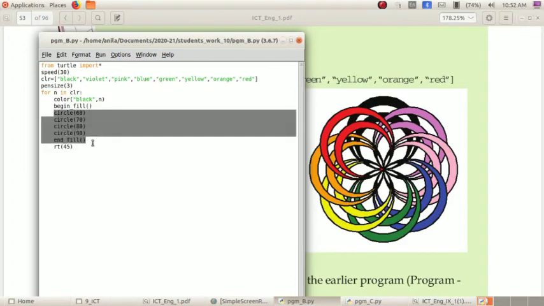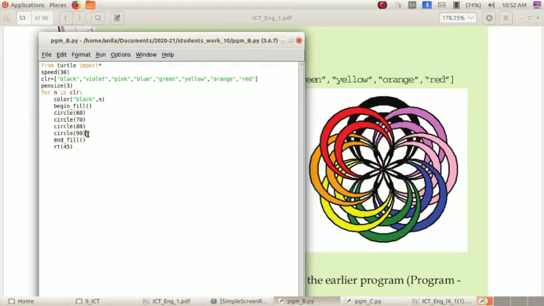You already studied that a for loop is used to avoid repetitions. So I am erasing this portion and I am adding a for loop here.